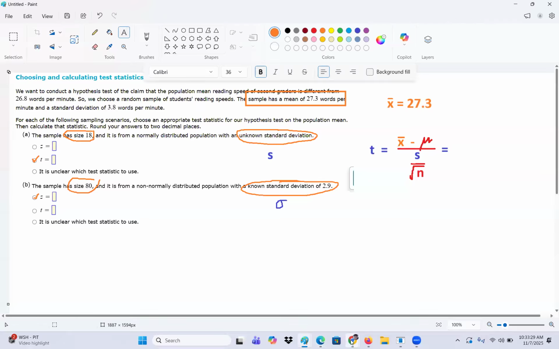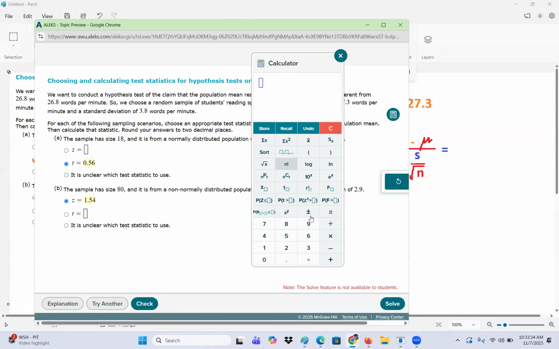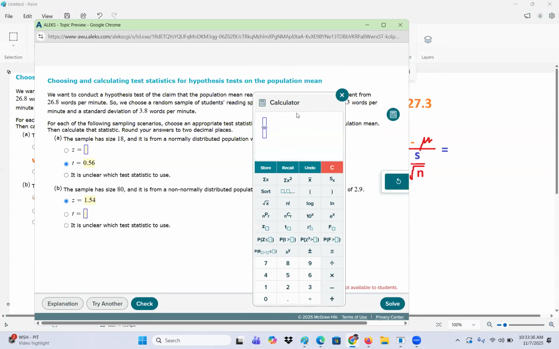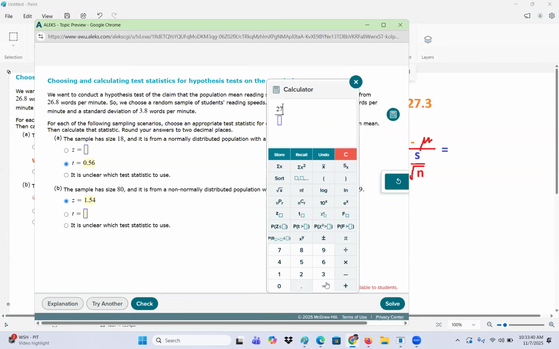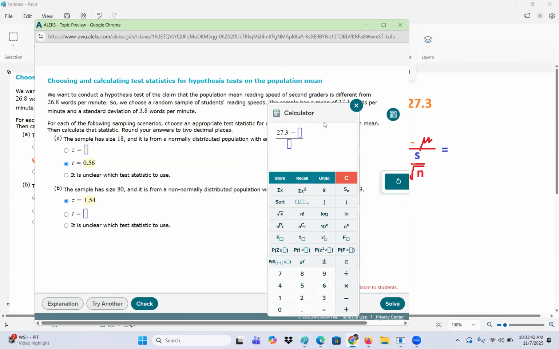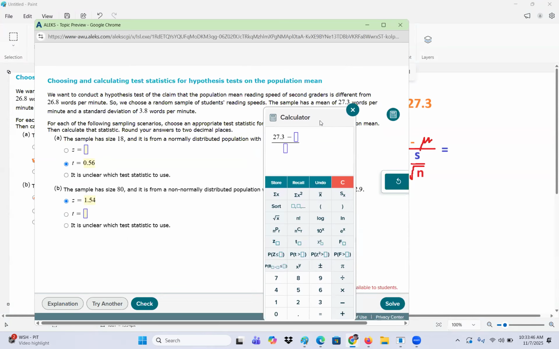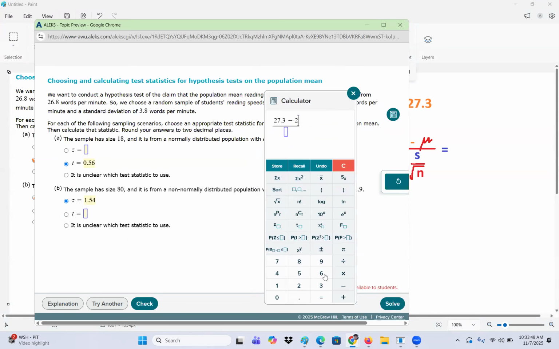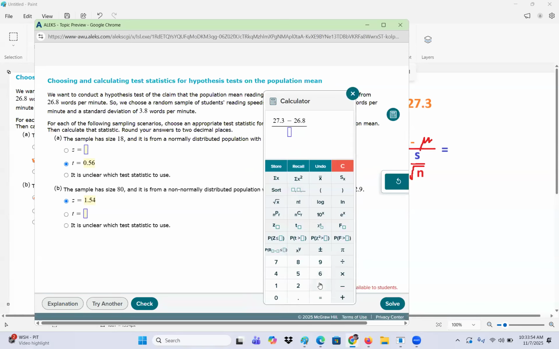So we don't have to write them down on the exam. We're going to divide first. And then on top of that, I'm going to take the sample mean, which is 27.3, subtract the population mean that we assumed, 26.8, and then we divide it by the sample standard deviation, 3.8,